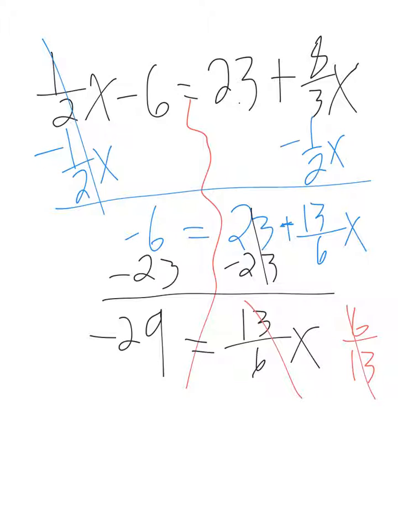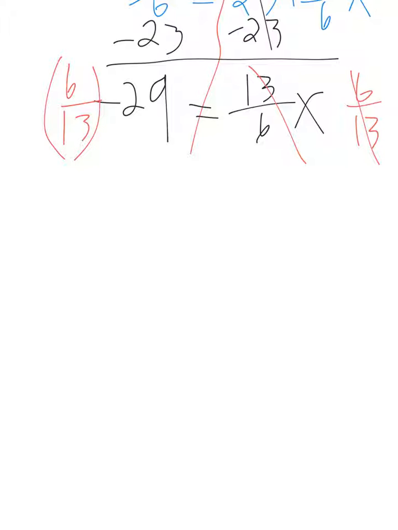Okay, so the opposite thing with a fraction is to flip that and multiply it to the other side. So when you do that, it cancels it. And so I just need to type into my calculator, what's 6/13 times -29? Okay, we're multiplying. So my final answer is going to be -174/13